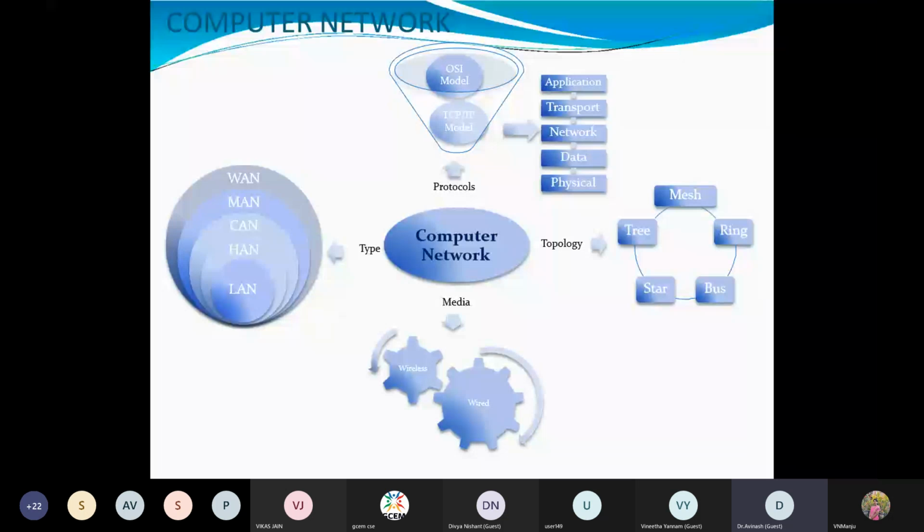Then we have the hybrid area network. We have the campus area network. We have the metropolitan area network. We have the wide area network. So these are the various networks which exist around us, and we have different media available. For example, we have wireless media and wired media also. Okay, so it's a typical architecture of a computer network, so I'm not going to explain it more, as you